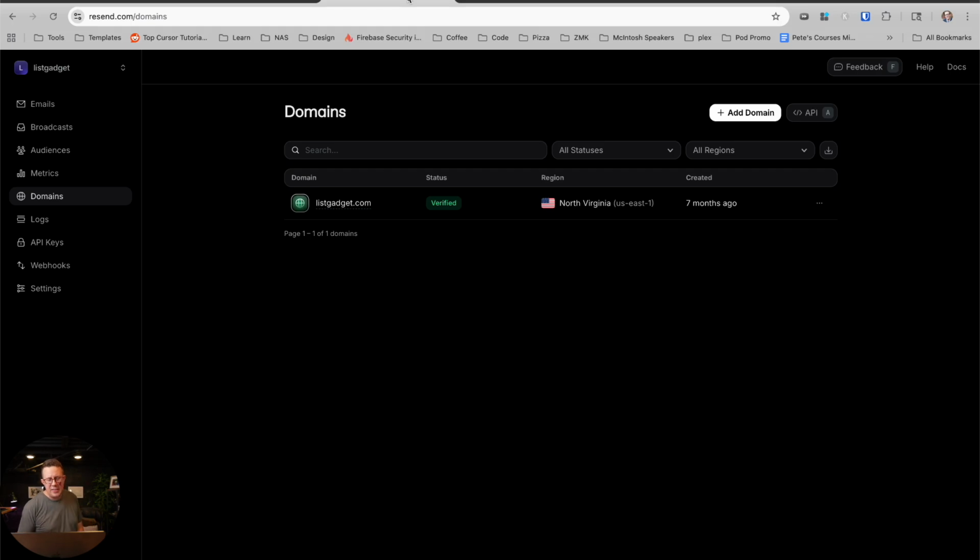Number one, Resend is also free. I've never paid them a dime. And I use Resend to send one-off emails, like when they sign up or when their credit card is declined or something. One-off emails. They call them transactional emails, whatever. I use Resend because, again, it's super easy and it's free and it works.